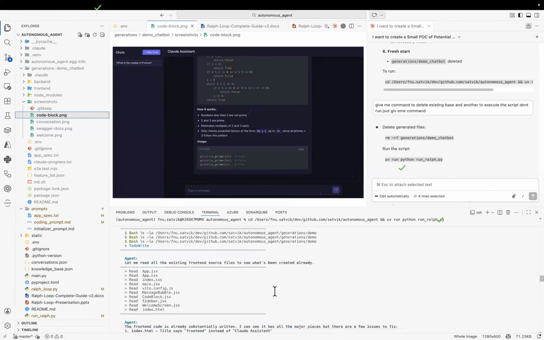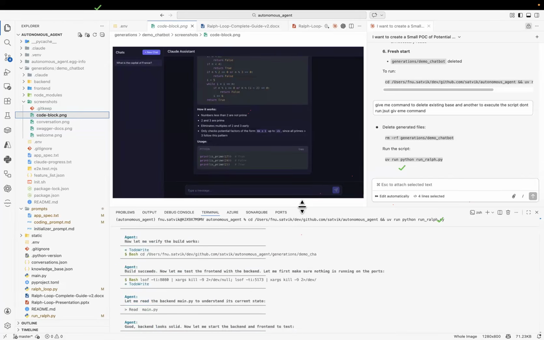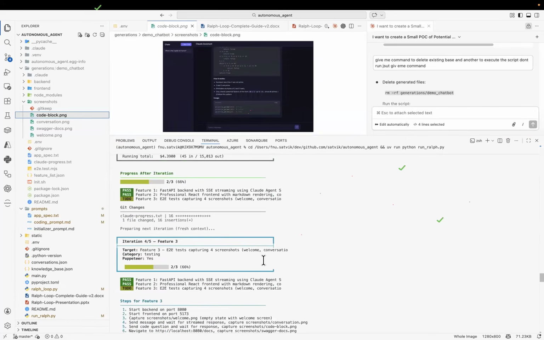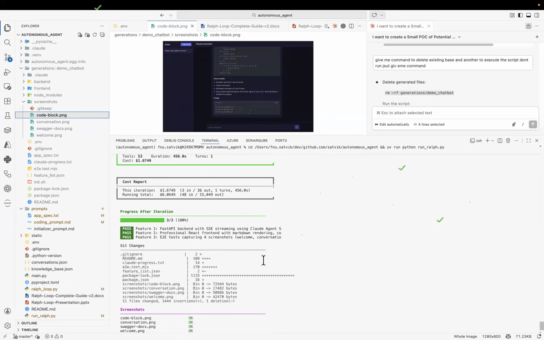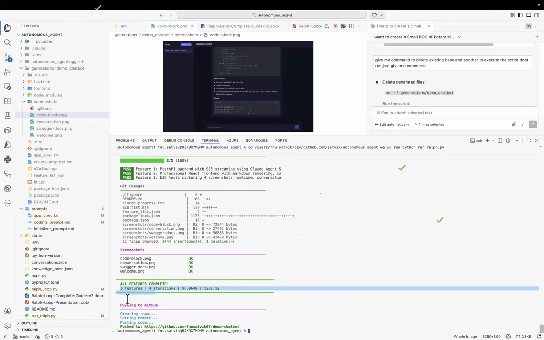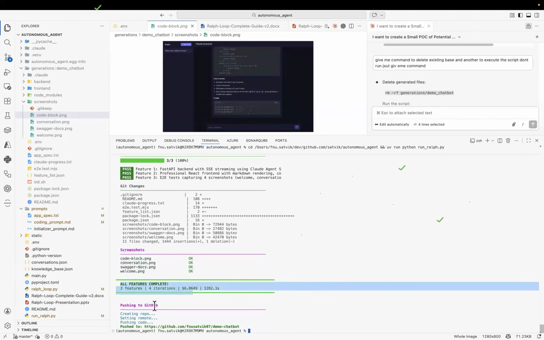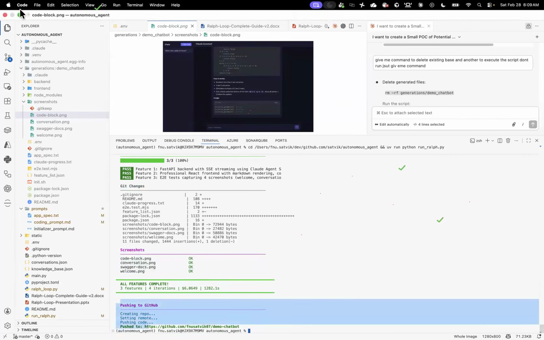Take the screenshot. Once it has done all that, what is it going to do? It will iterate over different things. Once it has done all those things, it will automatically push the code to GitHub. So see, it is taking screenshots. When the screenshots are verified, it will say all the features are complete, now push to GitHub, and it will automatically